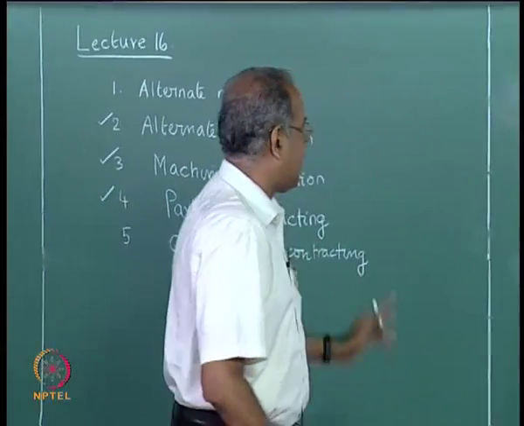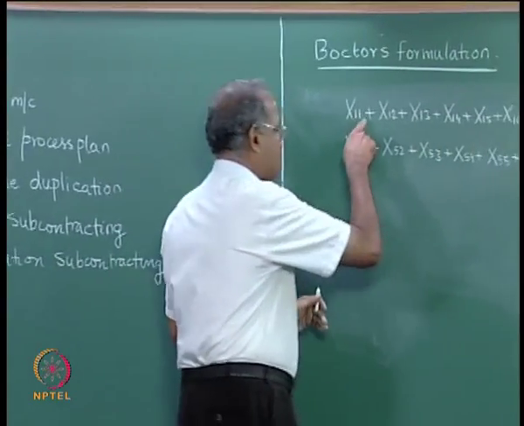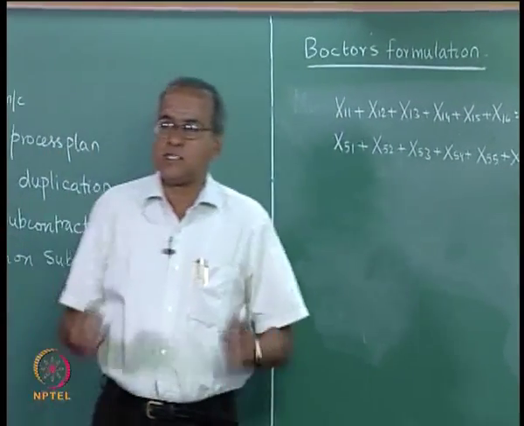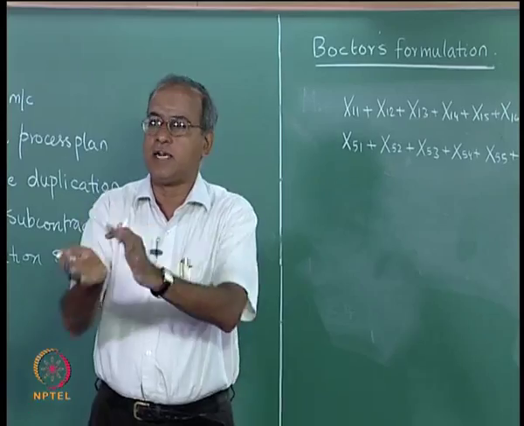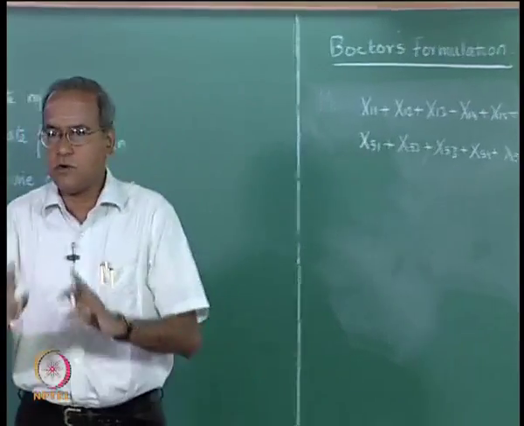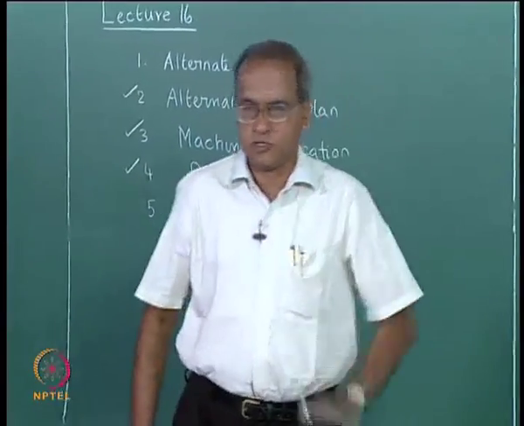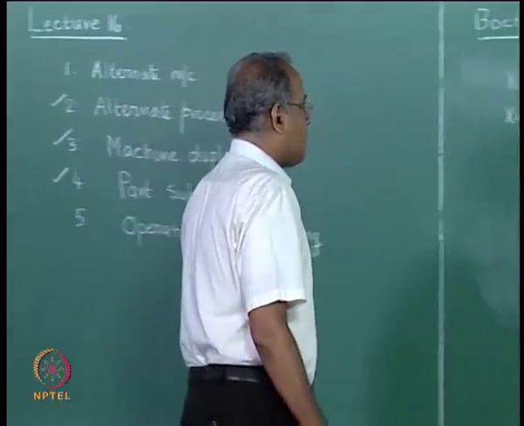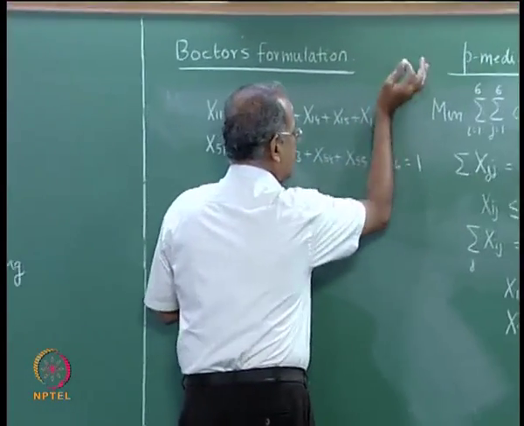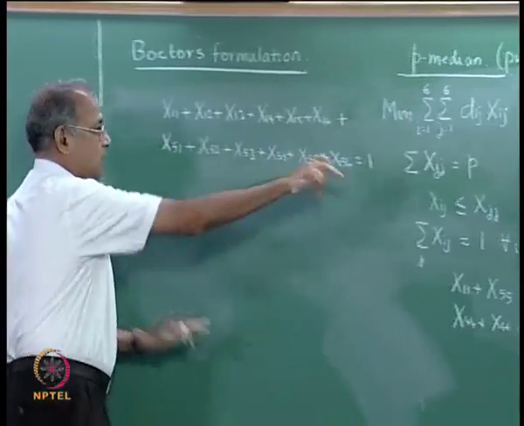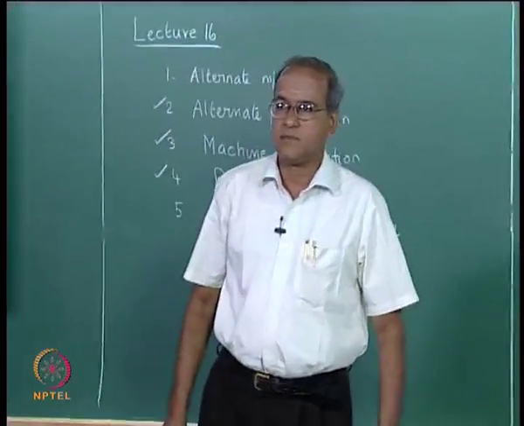Now let us take the case for process plan 1 and process plan 5, because process plans 1 and 5 are alternate plans. We are going to use only one of them, we are not going to use both. So what we do is we simply put a plus and say the whole thing should be equal to 1,